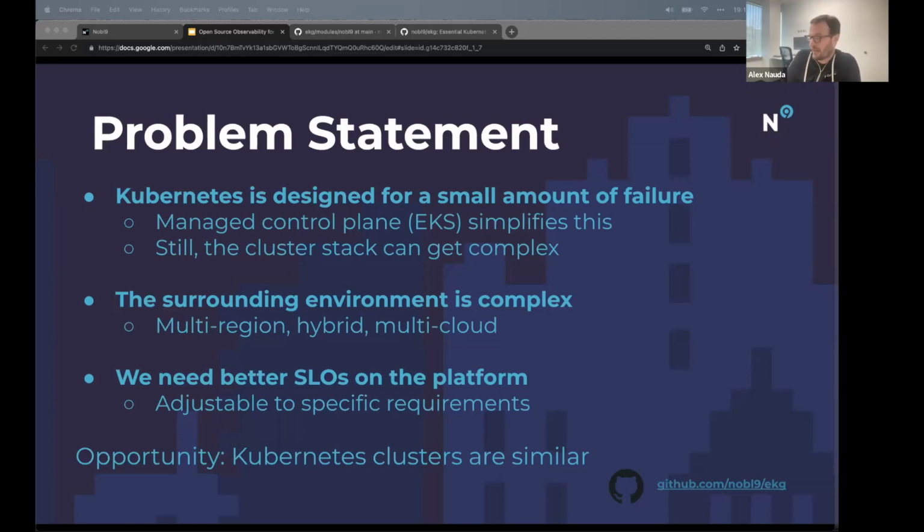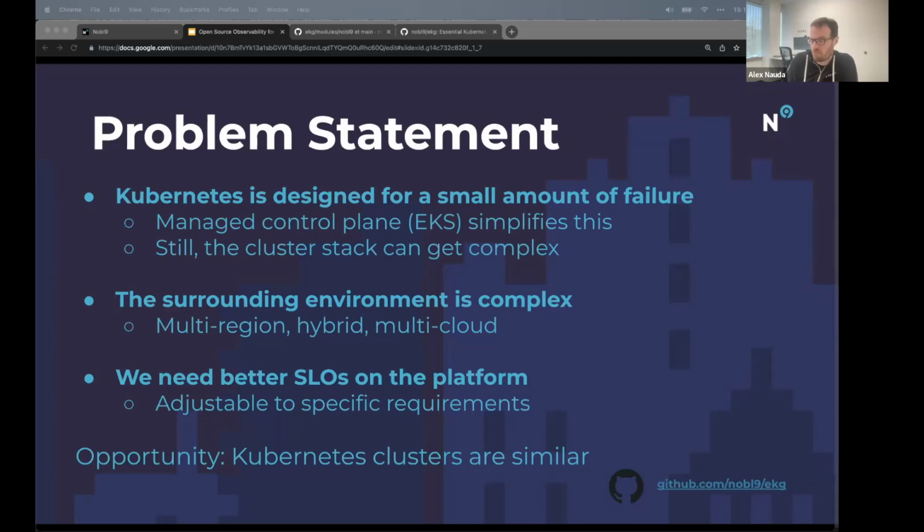Having a managed control plane, like, for example, EKS, but also other managed control planes offered by a bunch of providers. I could name GKE on GCP or AKS on Azure. The managed control planes simplify a lot of the management of Kubernetes, but still the cluster stack can get complex. And the surrounding environment around our Kubernetes clusters is often also complex, with a lot of multi-region situations, hybrid situations,